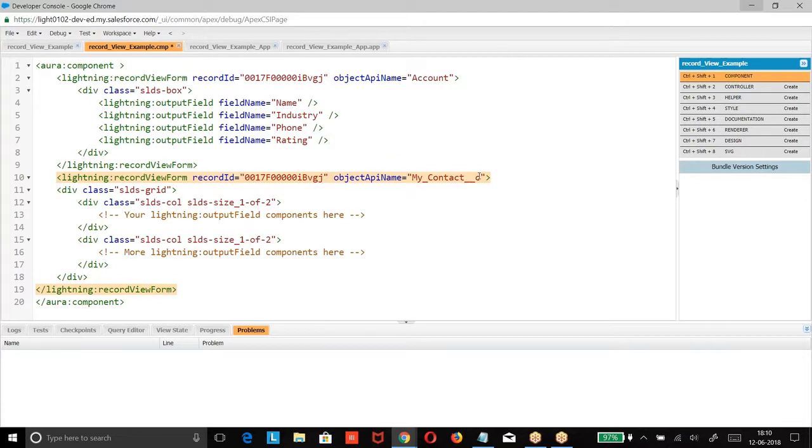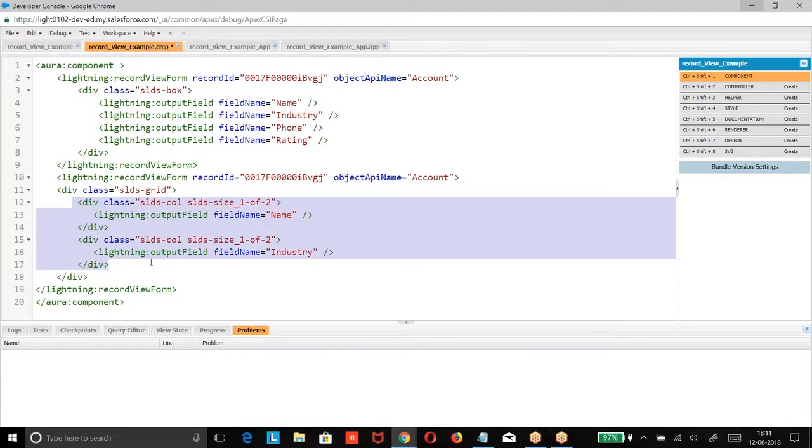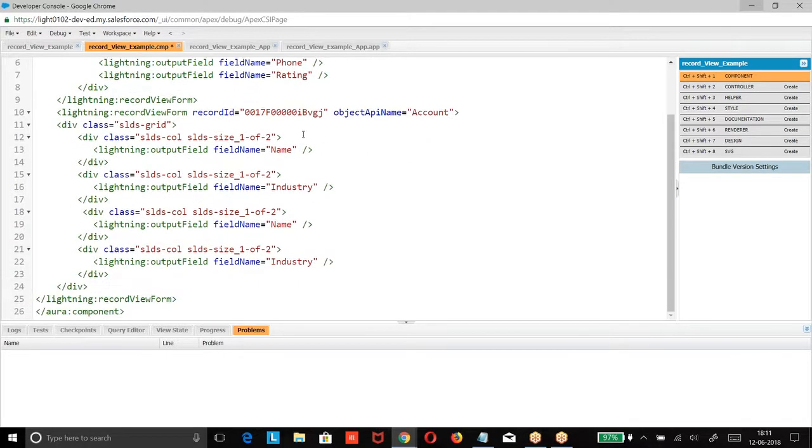So here I am giving again the same story. I can go with the Contact if I want. Just duplicate the data. So what I am doing? Column 1. Column 2. I am creating 4 columns. If you give 4 columns, when you say 1 of 4, what is that? They are divided into 4 columns. Each column is occupying 1 size.